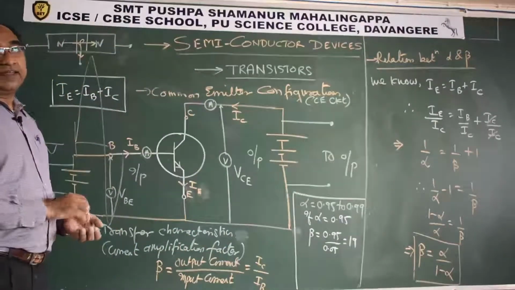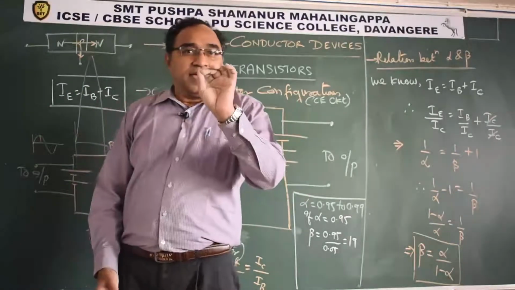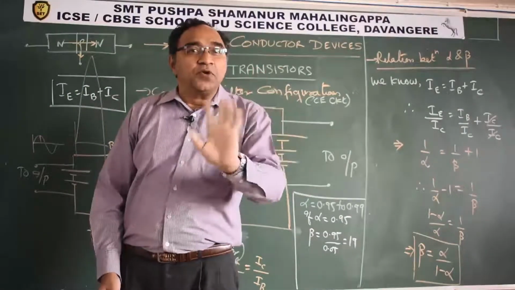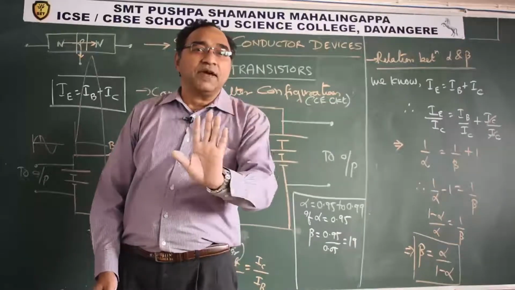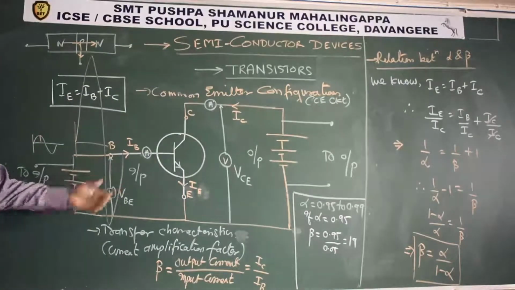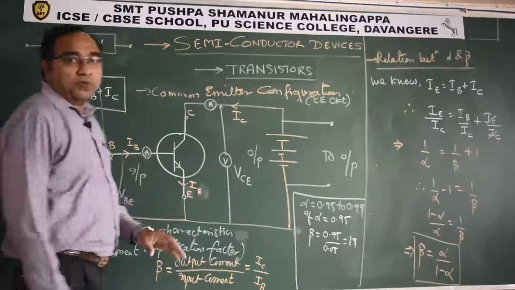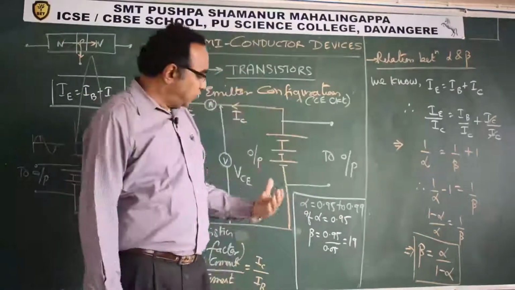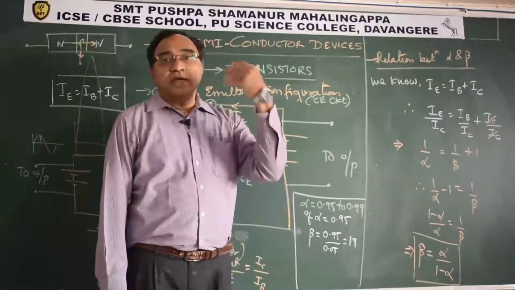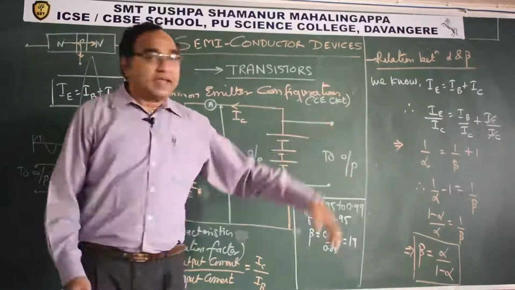Please remember, in the board exam, if the question is framed very diplomatically, "explain a typical amplifier circuit," don't explain CB circuit. CB circuit is not an amplifier. CE circuit is the amplifier circuit. Please understand that. That is exactly how we can understand the common emitter configuration. I hope you can make out now. In your daily life also, when you are discussing amplifiers, keep this logic in mind. So you can find the different gains also.